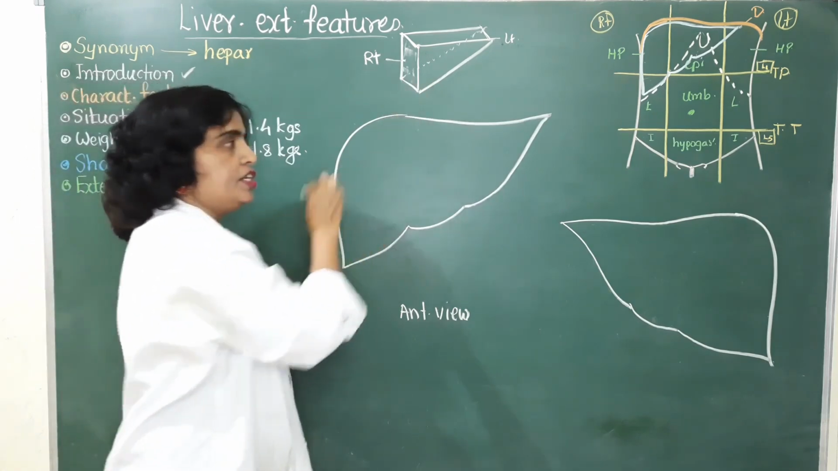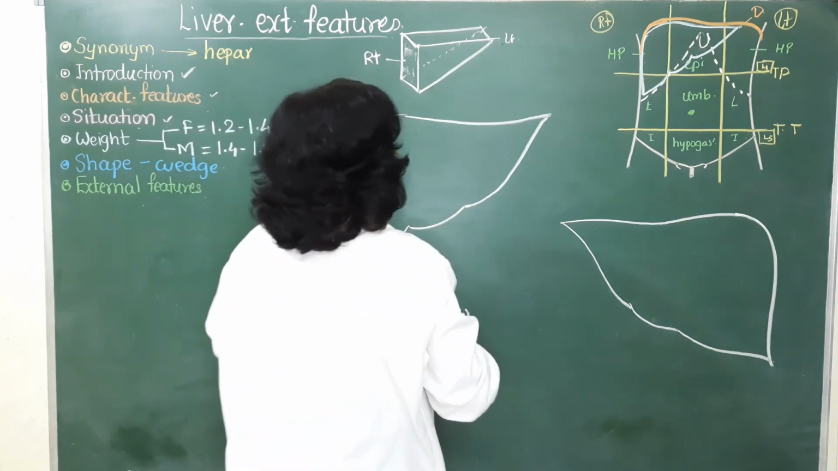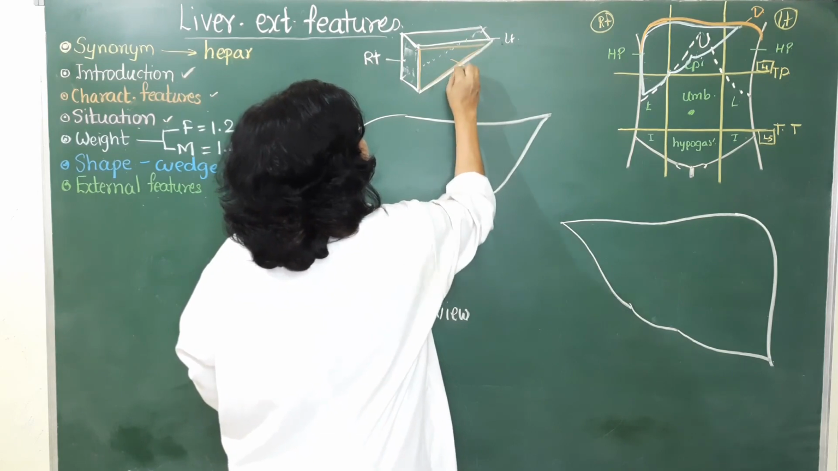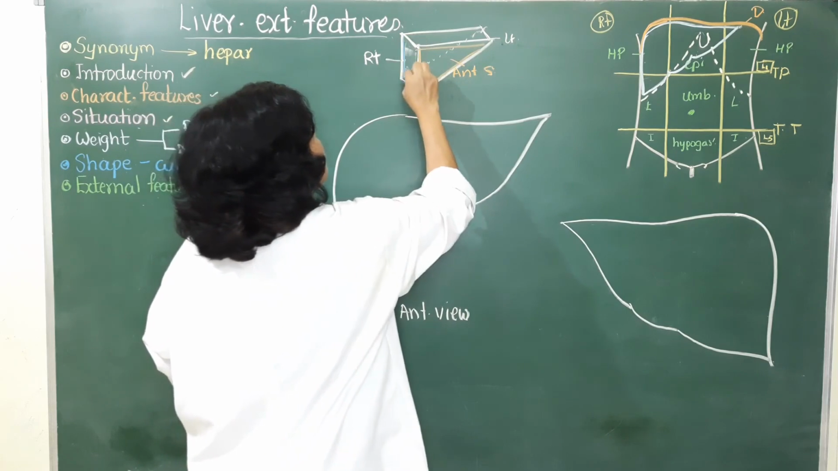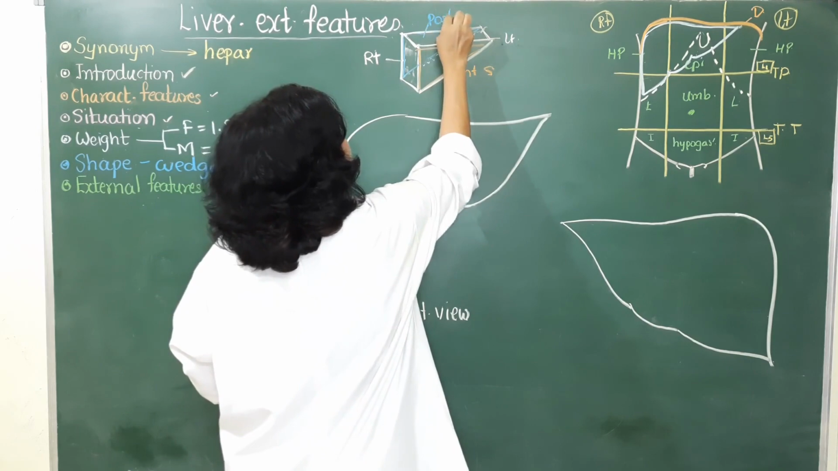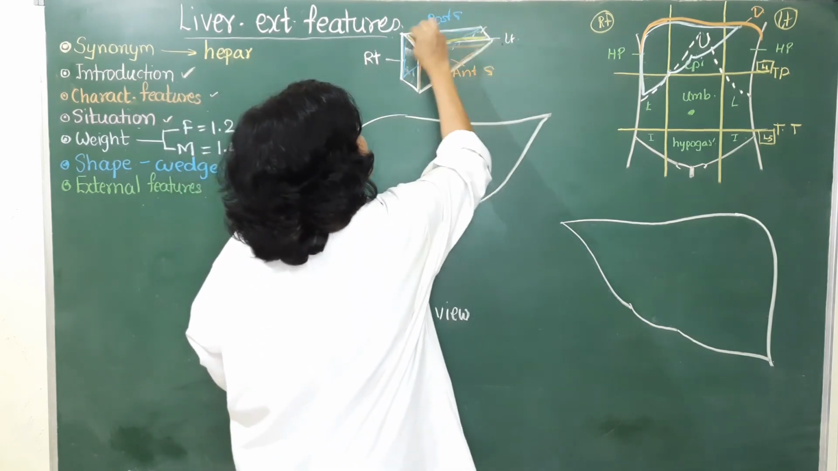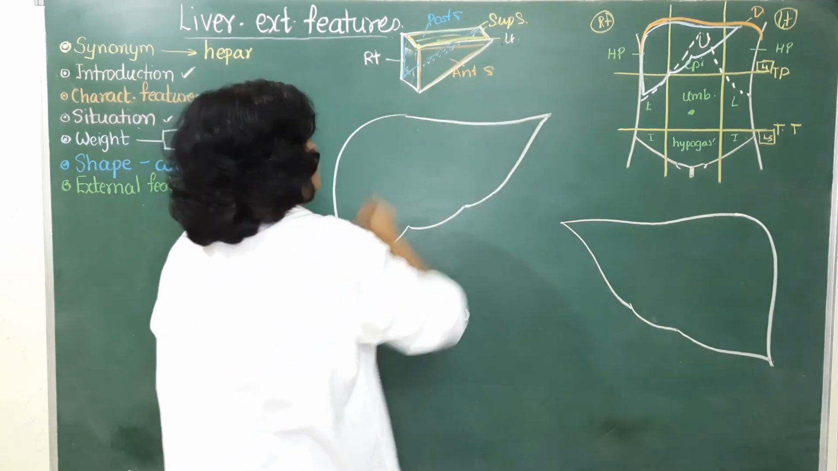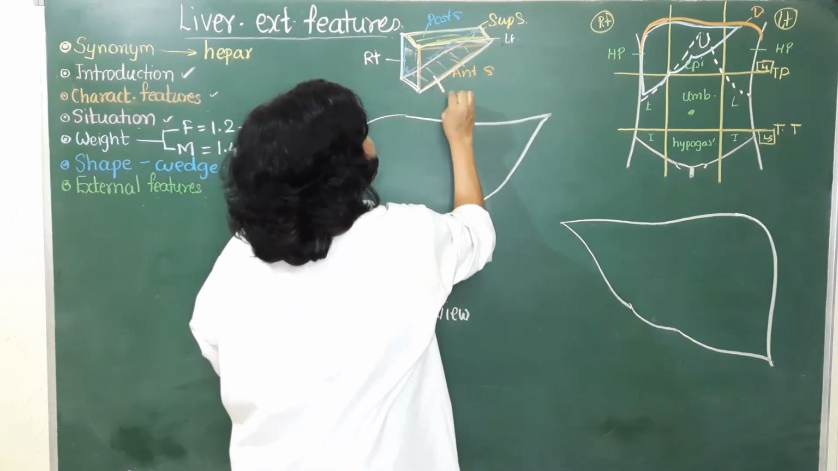So as it is wedge shape, it has 5 surfaces. The 5 surfaces of the liver are, if you compare with the wedge, this is the anterior surface. Opposite to that, which is situated on the posterior aspect, here this is the posterior surface, while here is the superior surface. Here is the inferior surface,